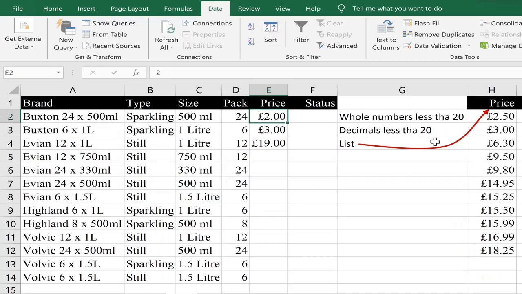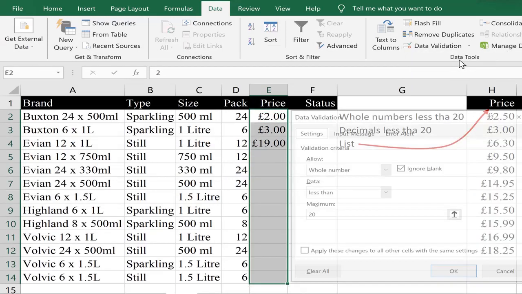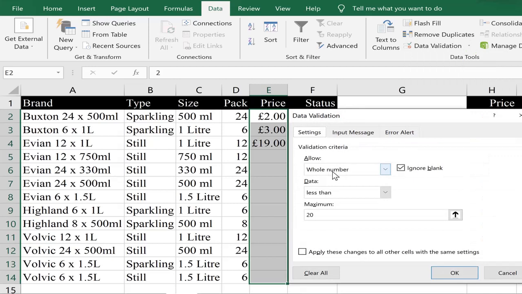For the second built-in restriction, we need to select the range. Data validation, we already have selected the whole number. We want to change whole number to decimal. Change to decimal. However, the condition or restriction from our side is the same, that data should be less than 20. The maximum amount that can be entered is 19. In this case it can be